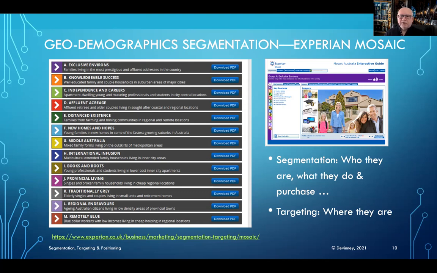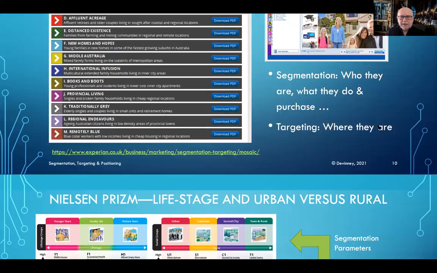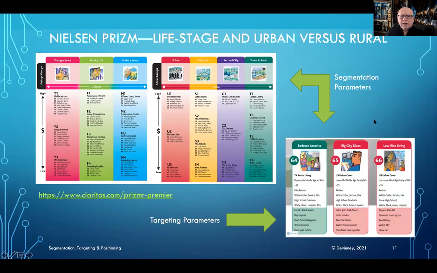And therefore, we're trying to target certain specific types of individuals. And this is a priori. It's based upon the existing data that's there. It's not really looking at anything more sophisticated than that. Another example of this is Nielsen's Prism, and again, this one's from America, but effectively, what they're doing here again